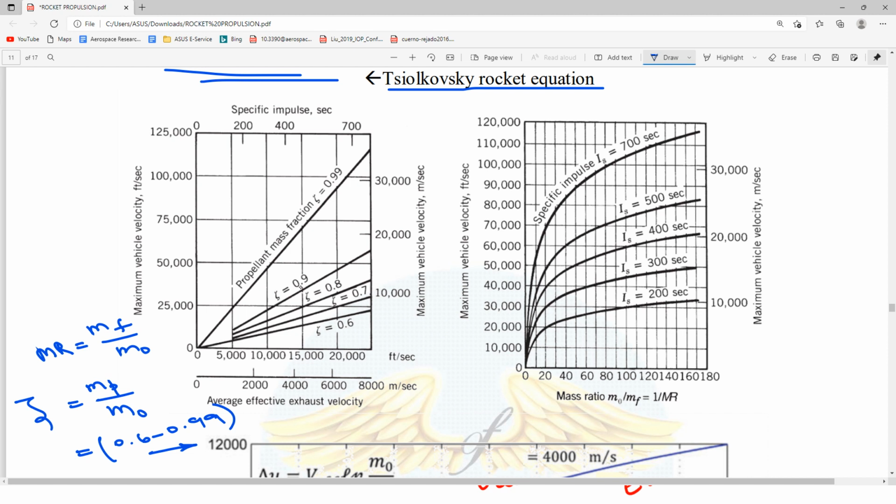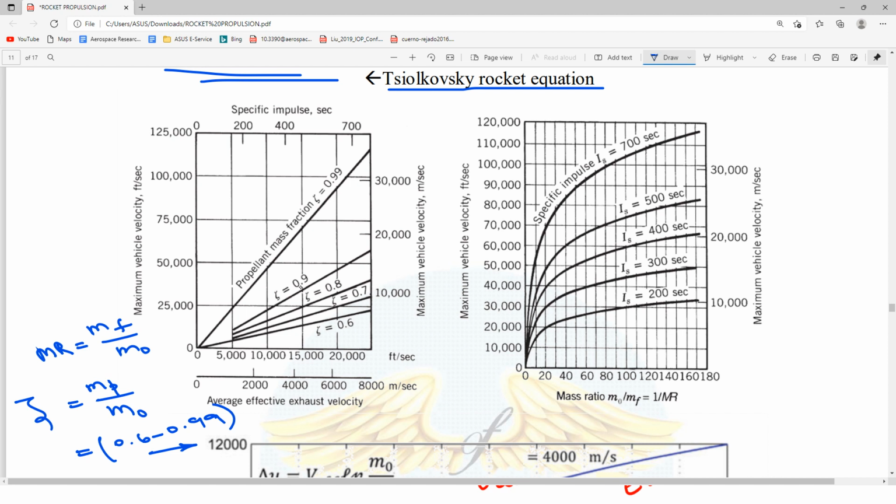Simultaneously you can also see there is an increase. This is a ratio, the inverse of mass ratio. Okay, inverse of mass ratio, and how it affects the specific impulse with respect to the maximum vehicle velocity. Here also we can see that at some particular point of mass ratio there is a very steep increase in the maximum flight velocity,